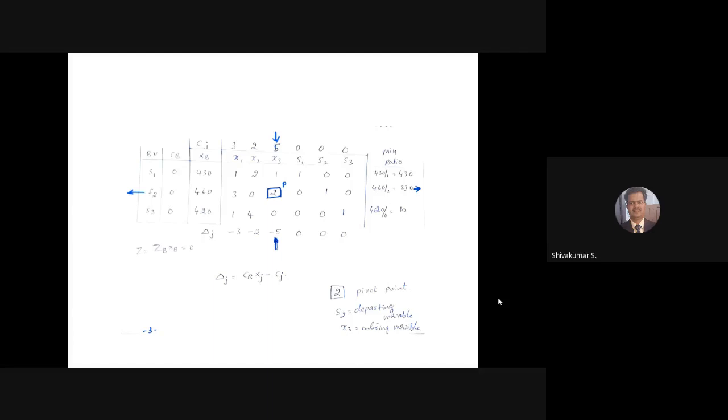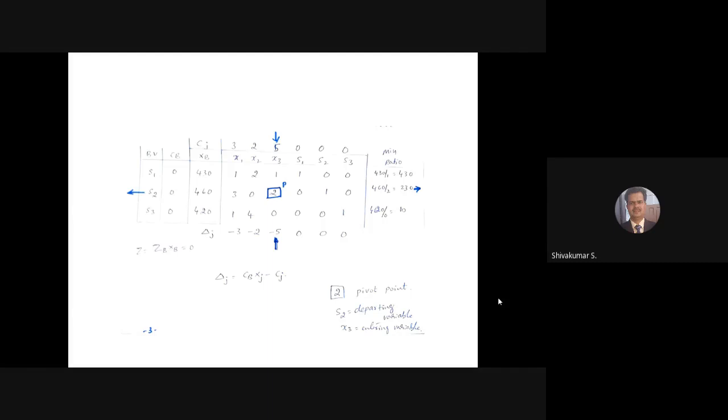Now remember, in the basic variable column, you have three variables, s1, s2, s3. They were introduced as slack variables to convert inequalities into equal signs. So basically, we have to find the value of x1, x2, x3, because by knowing how much x1, x2, x3 are, we can find the value of z, that is how much profit they are going to earn. So now we have to depart these variables s1, s2, s3 based upon the minimum ratio.